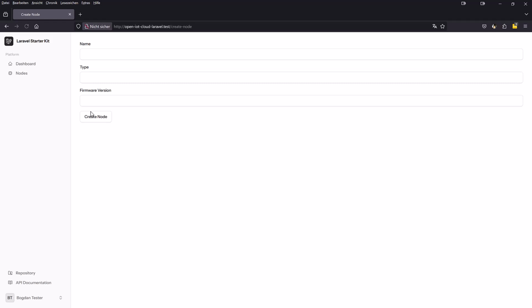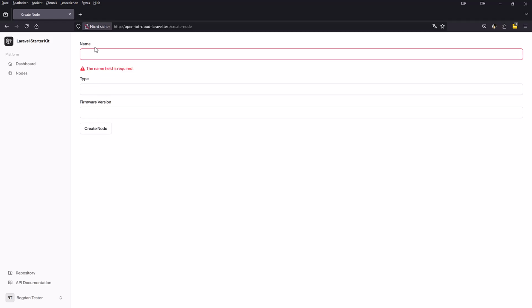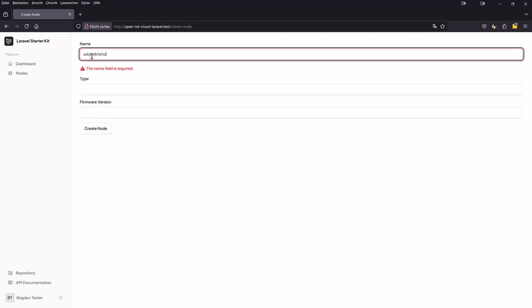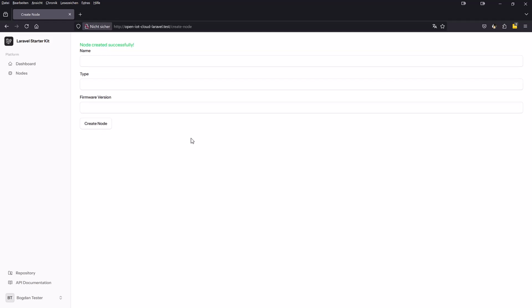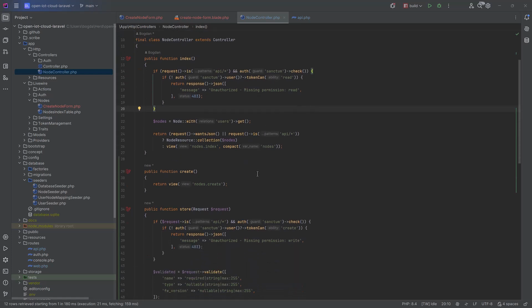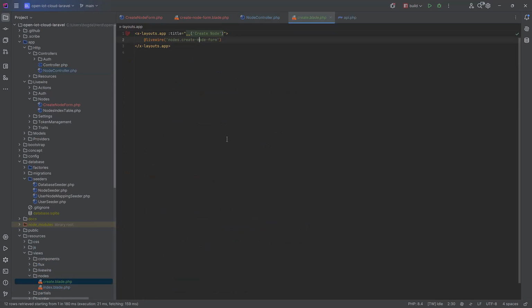I built a form for the create node, and we have here a validation only for the name. The type and firmware version is nullable. I build a node. The UID is automatically generated. In the node controller, I have the create view, and here I use a Livewire component,